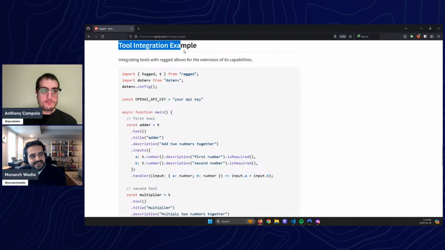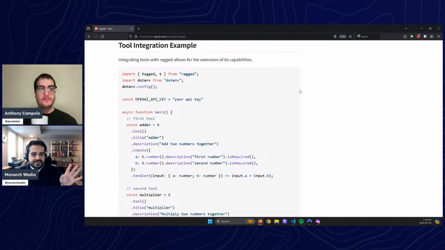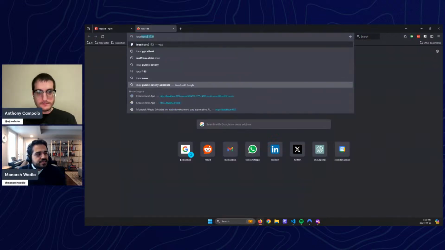And the really exciting thing is the tool integration example. You know what? Let's work in reverse. Let me actually show you what this thing is capable of, and let's get people excited. And once people are excited, let's go back and do the demos or the tutorial. So just to get people excited,